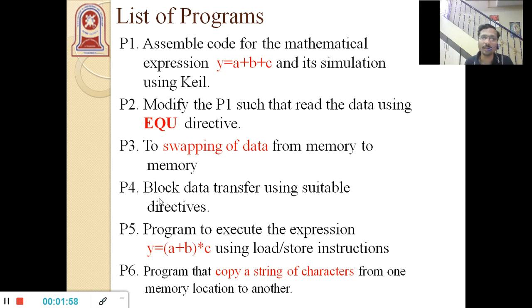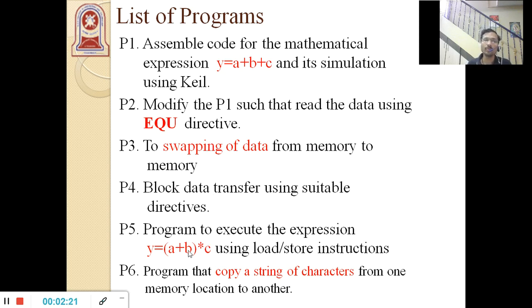I told you how to execute this using DCB in the previous example, that is block data transfer, where you declare DCB and write some inputs there, and fetch the input using the LDR instructions that we already saw in the block data transfer example.